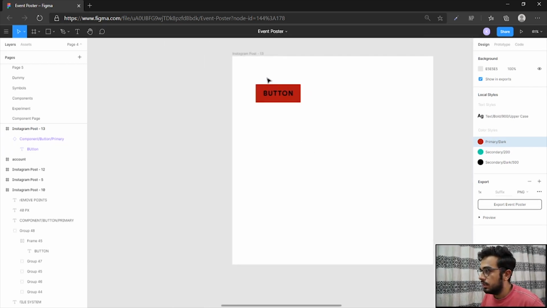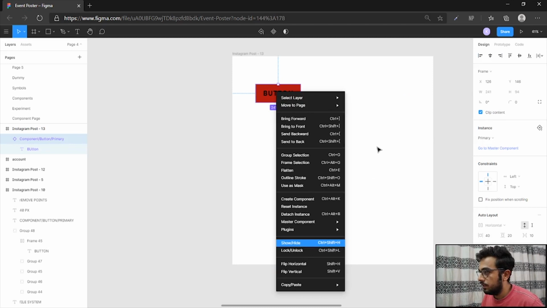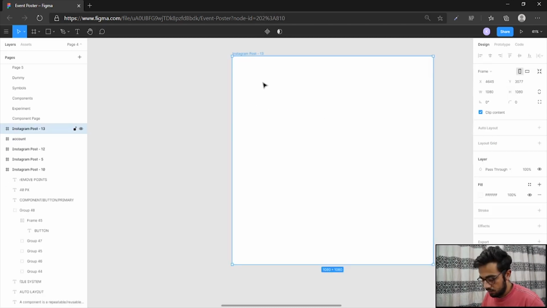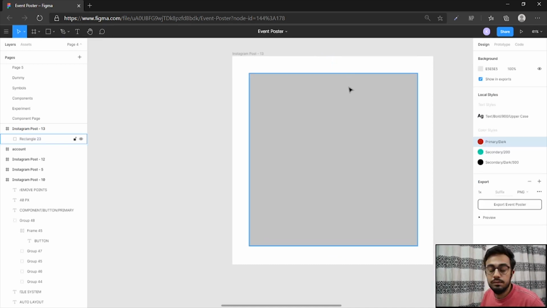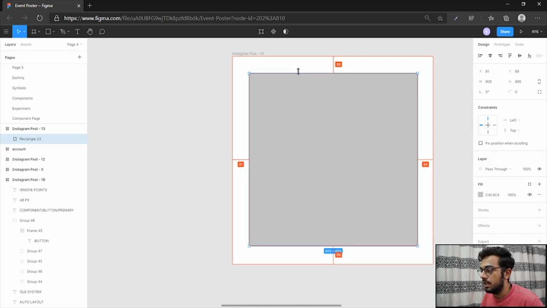So one last component that I will create today is a card. So let me just create a card. Let me draw out a rectangle. I am drawing a really big component so that it is visible, but you must follow standards that are defined in the design libraries, such as Material Design or the Apple design guidelines, basically.